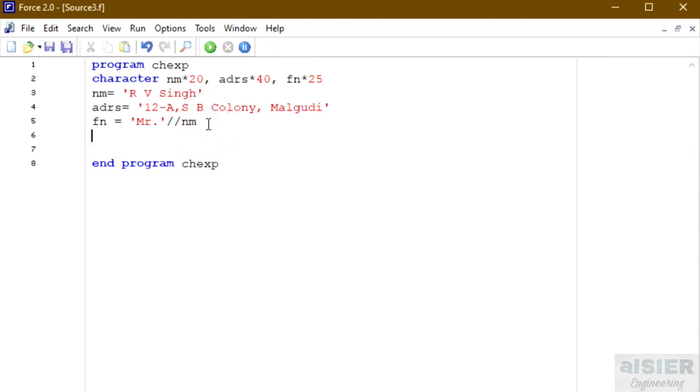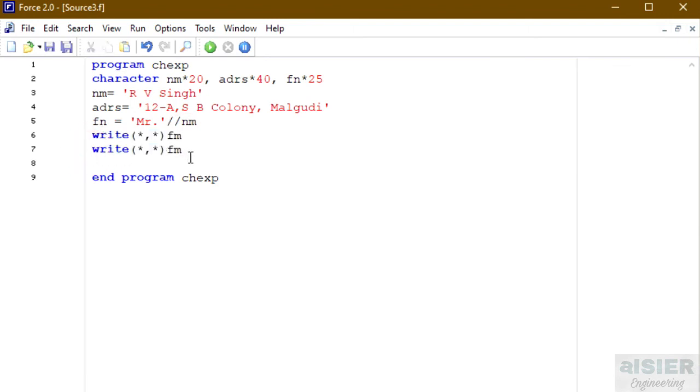Now we will try to print this. For printing we will use write, and here we will first print the full name. Then again we will write a write statement, so let me copy this.